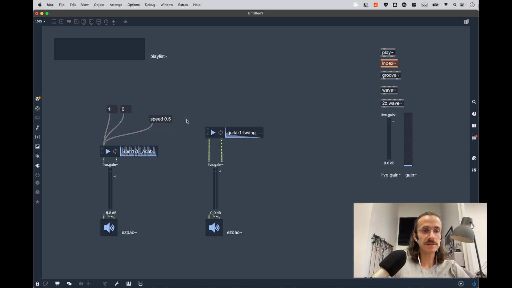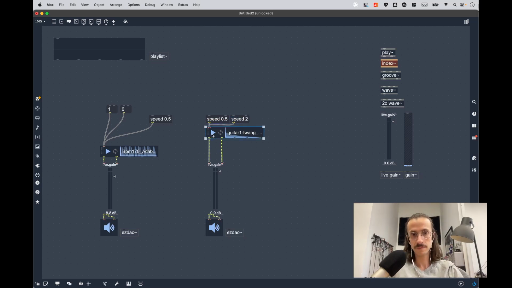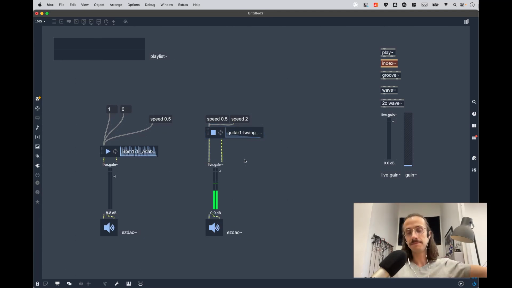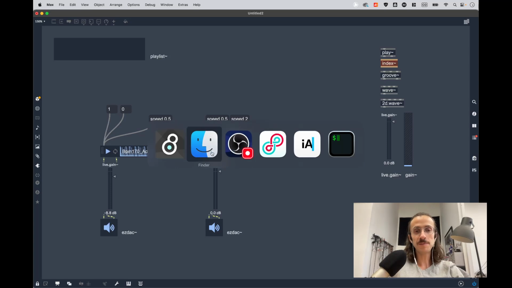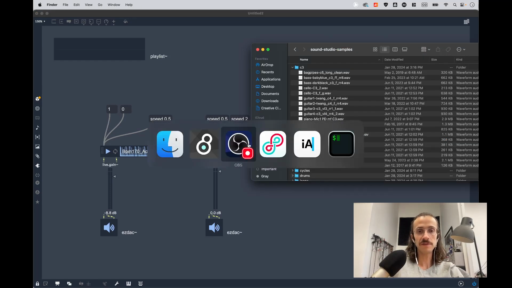If we turn this down and play it at half speed, you'll notice that the pitch drops down by exactly an octave. And if we double the speed instead by saying speed 2, again, the perceived pitch goes up by an octave. And this is because if we take a look at one of these sounds in Audacity,